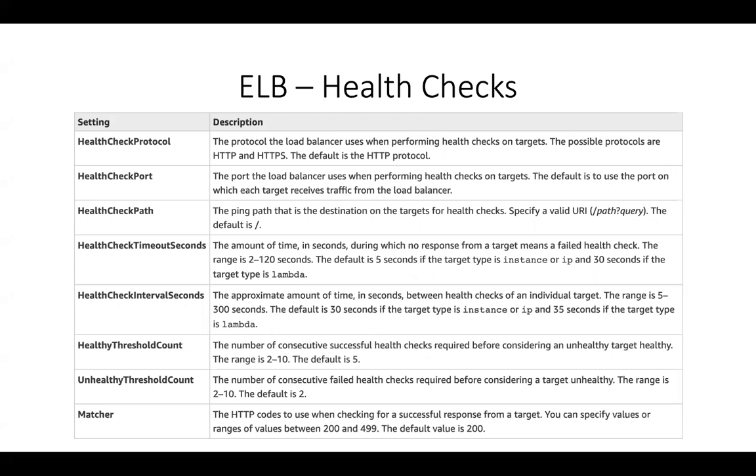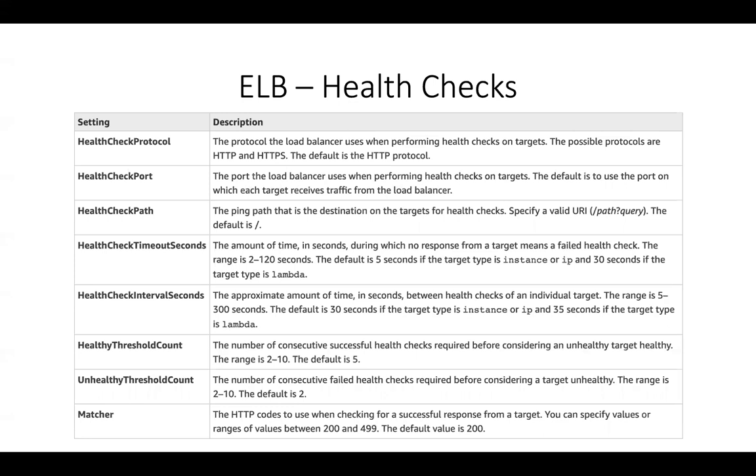Now when it comes to the concept of health checks, the load balancer not only distributes your traffic across multiple availability zones, it also performs health checks, wherein it finds out whether your target is healthy or not. For that, you will have to specify all of these configurations. You have to specify the health check protocol. Since we are using the application load balancer, we are going to go with the health check protocol of HTTP or HTTPS. We have to specify the health check port, which will be 80 by default for HTTP. And then the health check path is going to be just /.